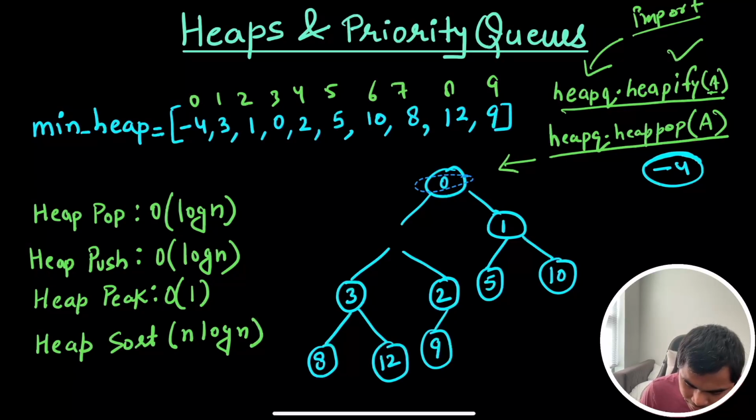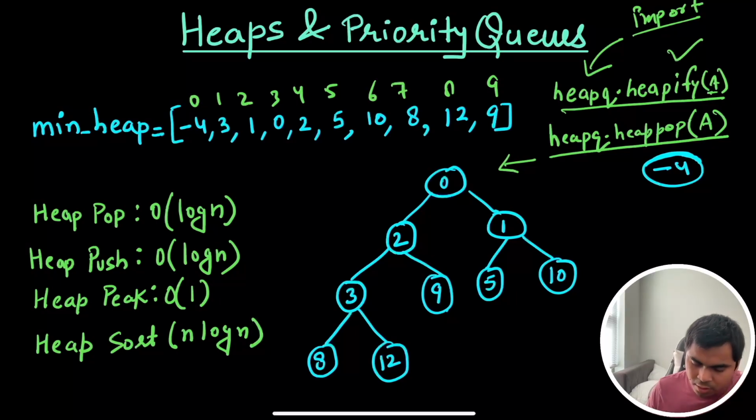Then this position is empty, so out of 3 and 2, this position will be taken by 2. Now this 9 will come over here. Now again this is converted to a min heap. Remember, initially when we heapified it, it performed in big O of n time, and the heapify operation uses something called push down, pushing the bigger element to the bottom. You can do the same for the max heap. In a max heap, you negate your elements right here when you are